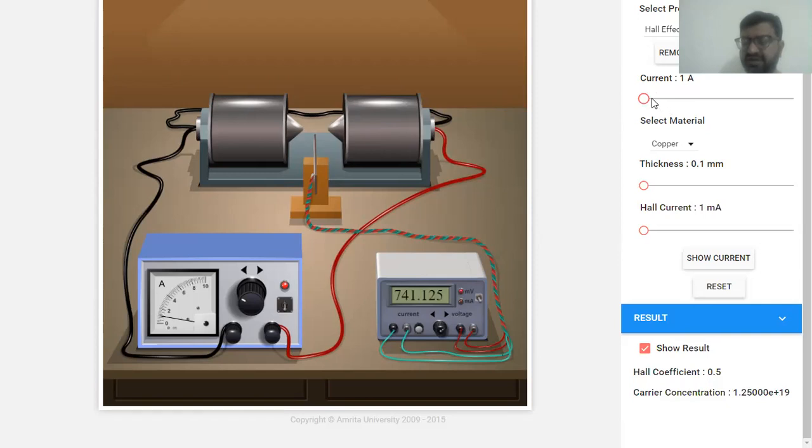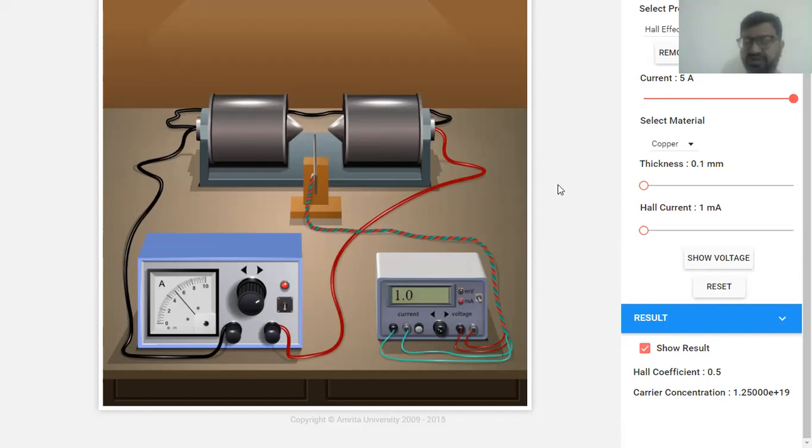Now, when I increase the magnet current to 1.5, this will be the Hall voltage value. At 2 ampere, the Hall voltage value increases. So this is basically a direct relation. Up to 5 ampere, you will note the corresponding values of the Hall voltage and Hall current value, which is fixed in this situation at 1 milliampere.